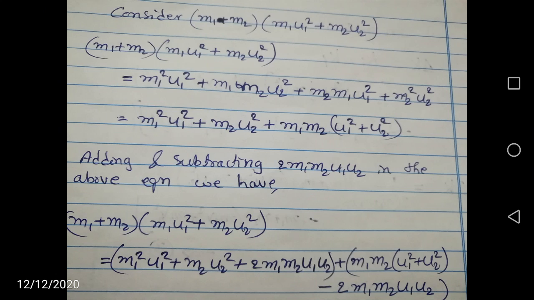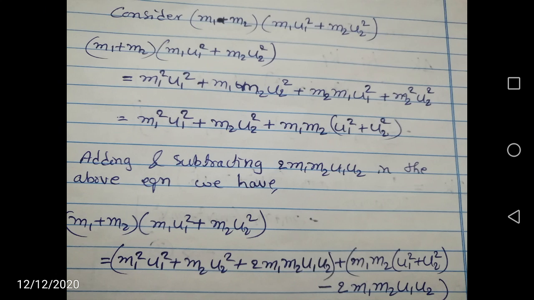Adding and subtracting 2 m1 m2 u1 u2 in the above equation, we have (m1 plus m2)(m1 u1 square plus m2 u2 square) equal to m1 square u1 square plus m2 square u2 square plus 2 m1 m2 u1 u2